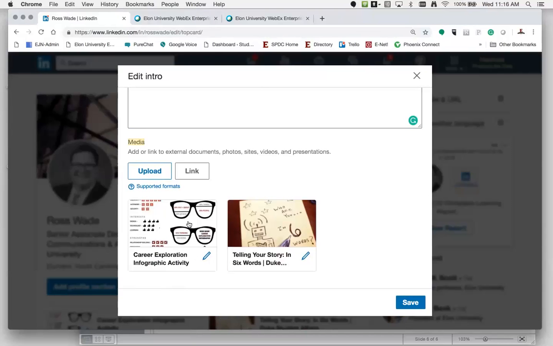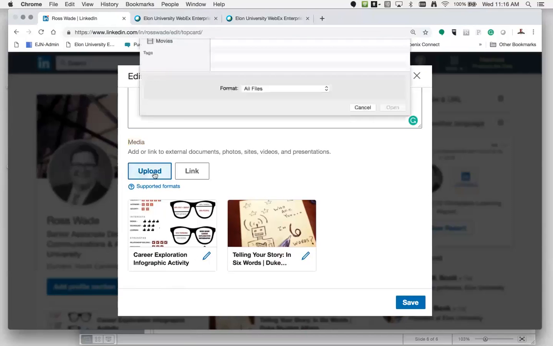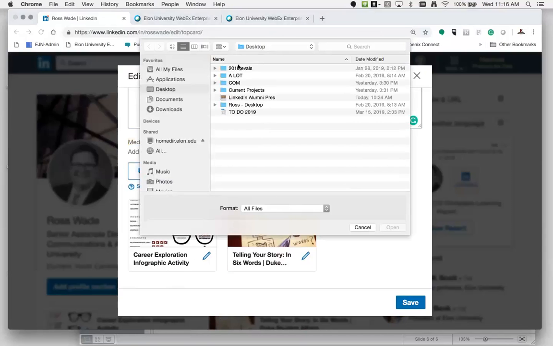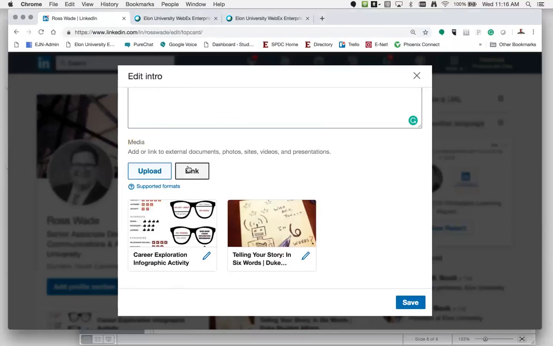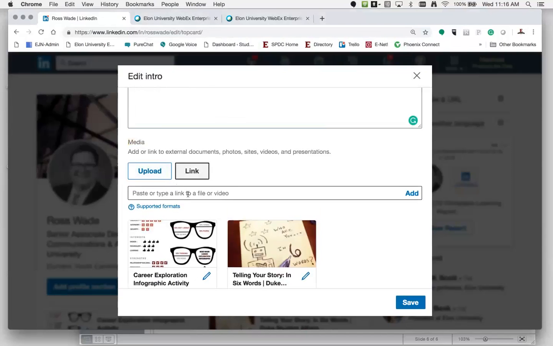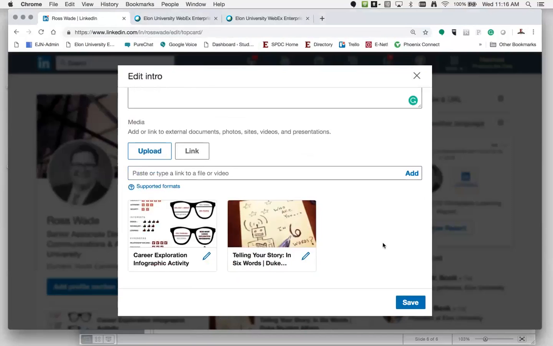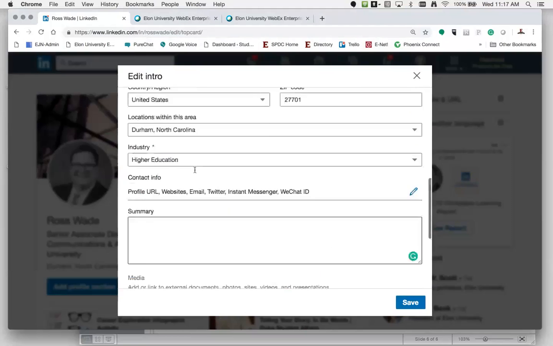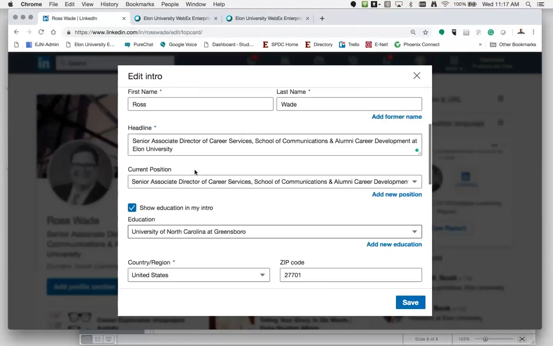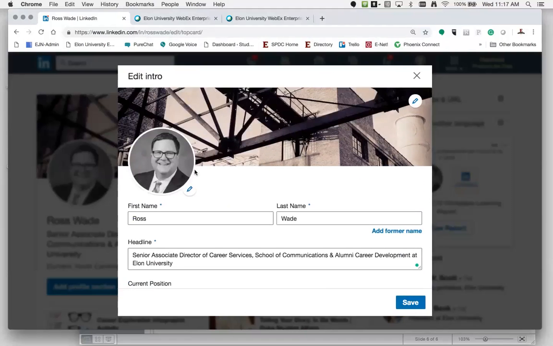That's a way that LinkedIn can be better than, I think, a resume, because it can serve in that portfolio type of capacity. And so to do that, you just click upload, and it's going to ask what you want to put on your site, or you can just add a link, and it might be a blog post that you wrote, and then you're good to go. And again, especially if you have a portfolio or something like that in your summary, this would be a great place to add that. And again, it's just upload if it's a document or an image, and then link if it's a video to YouTube or a blog post that you've done or something like that. So that's an overview of the very tip-top part of your profile.